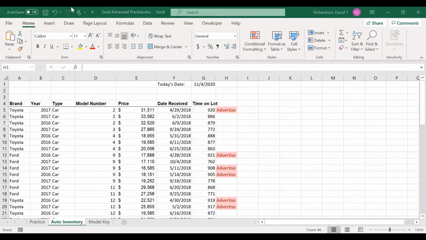Okay. So how current does the version of Excel need to be? Are most of the functions available in older versions like the Office 2016 that they have on their desktop? Yeah. So most of these functions are. I would say everything we've done would be very widely available all the way to some of the older versions